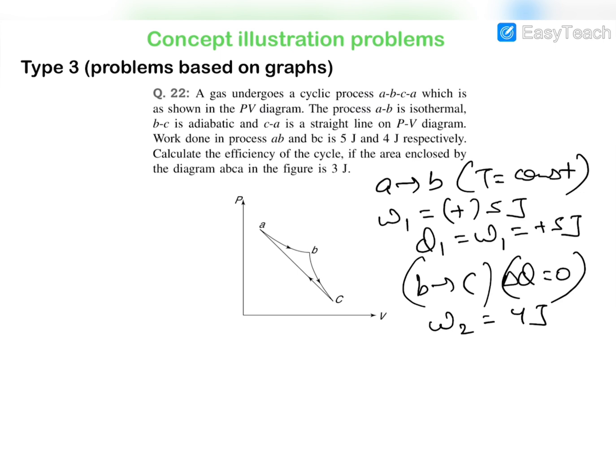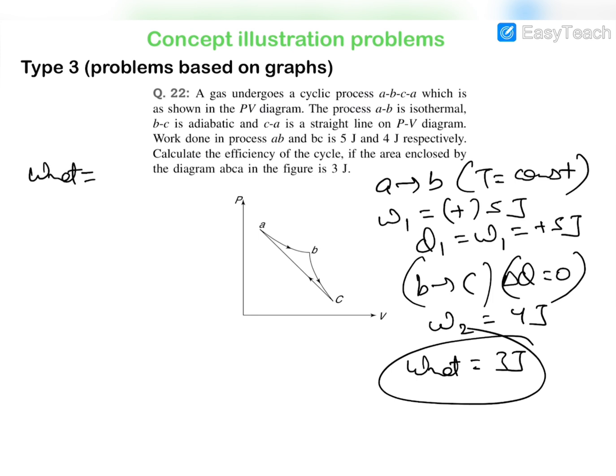And the third thing is the fact that in the complete cyclic process, the work done is 3 joule because the area enclosed is 3 joule. So net work done is 3 joule. Now we know that the net work done will be equal to the sum of work done W1 plus W2 plus W3. So we can say that 3 will be equal to W1 is 5, W2 is 4 and WCA. So WCA will be equal to minus 6 joules,